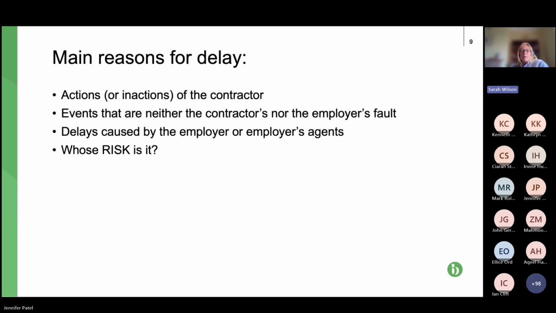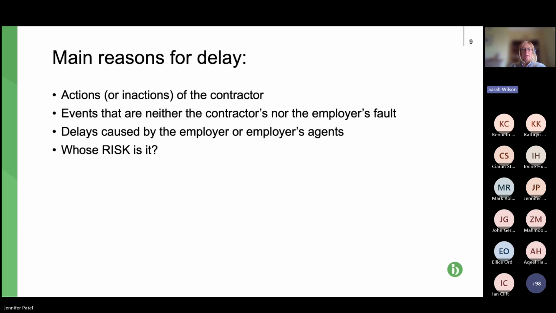They are what they are. Weather, force majeure. We saw that with COVID. Those types of events. Also delays caused by third parties, so people not employed by the employer, not employed by the contractor. Those third party delays are up for negotiation between the parties as to how that risk falls, who bears the risk for it,